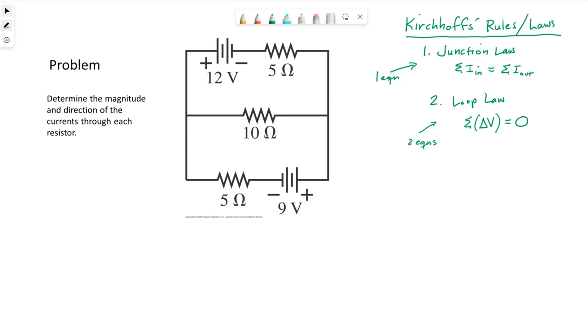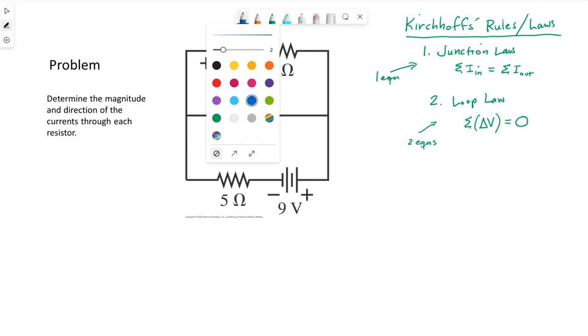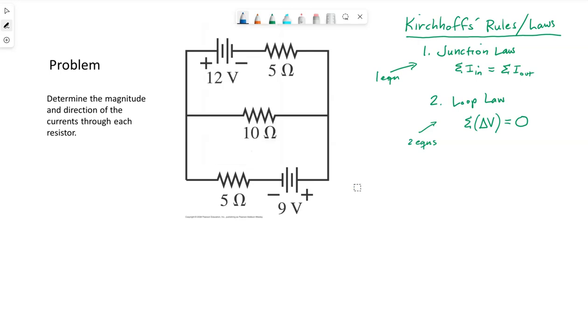The first thing I do when I am solving a problem like this is I draw currents into each branch. So for example, this 12-volt battery, I know there's going to be current flowing out of positive, but also into the negative side. So this current, I'm going to call it I1. You can call it whatever you want, but we need to distinguish that from the currents that will be in the other branch. So currents will flow from junction